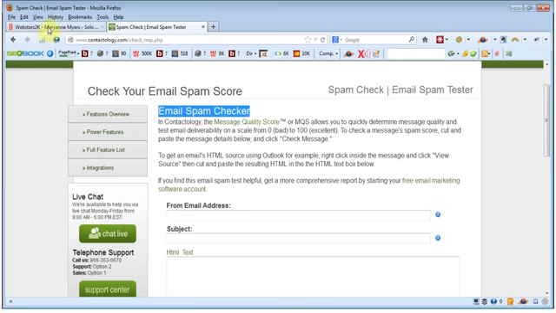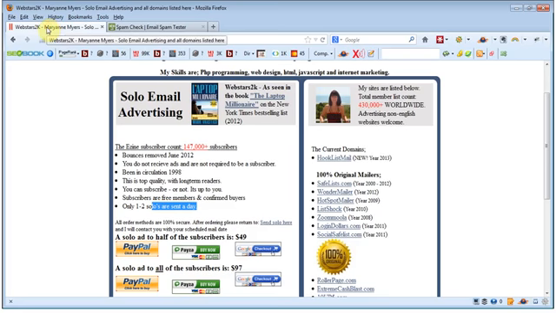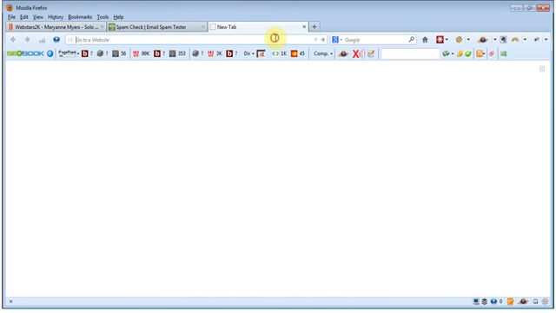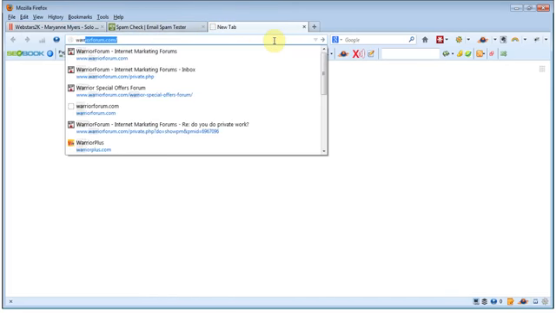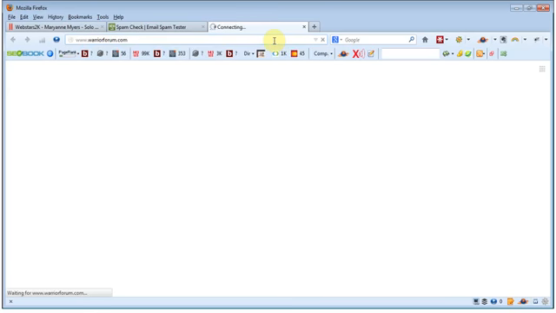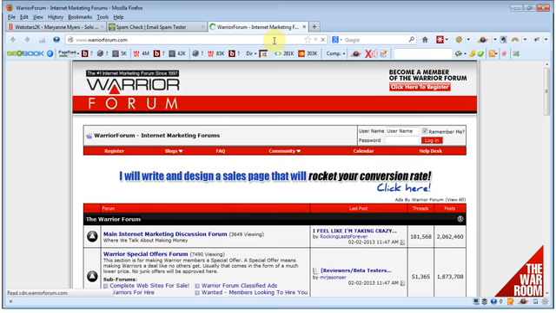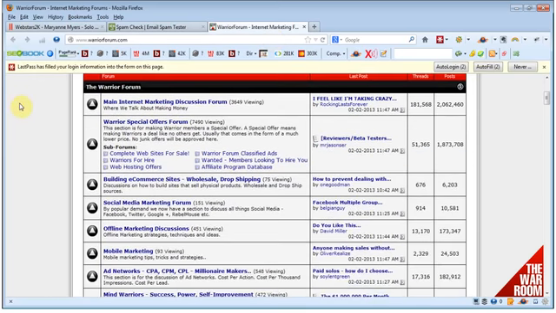So as I say, you can get e-zine solo ads, and all you do is put in a search on Google for your niche e-zine solo ad. And the other way of doing it is, if we go to the Warrior Forum again, because obviously we are talking specifically about the internet marketing niche, and if we go to the Warrior Forum classified ads,